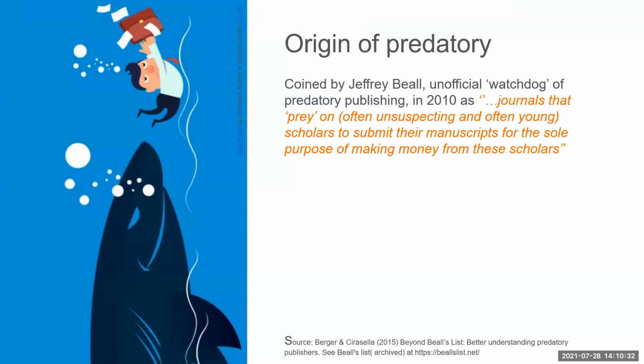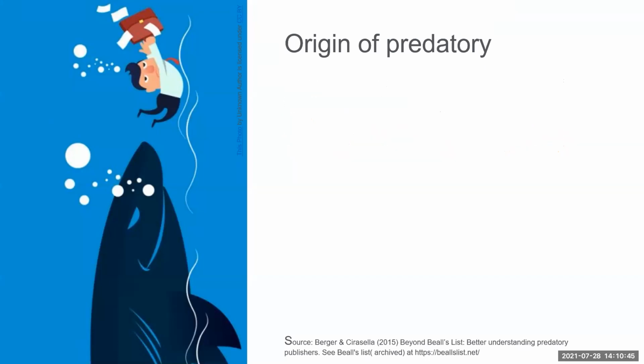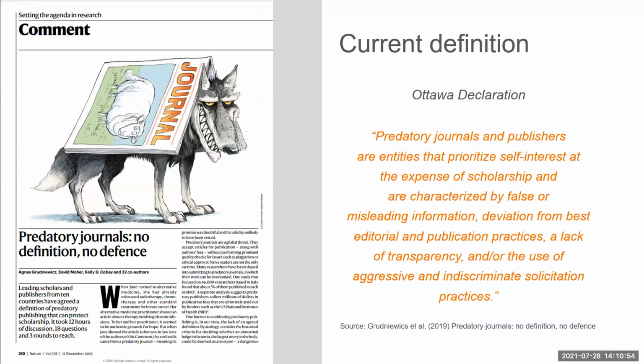And in November 2019, the journal Nature reported that a group of researchers had met to define what predatory publishing actually is. And if anyone thought that this is very simple and that you can quickly identify them, unfortunately, this is not the case. So this group of researchers came together in Ottawa, Canada,